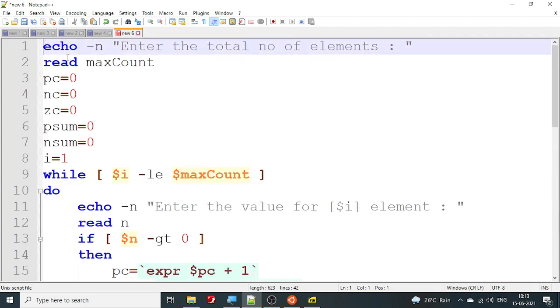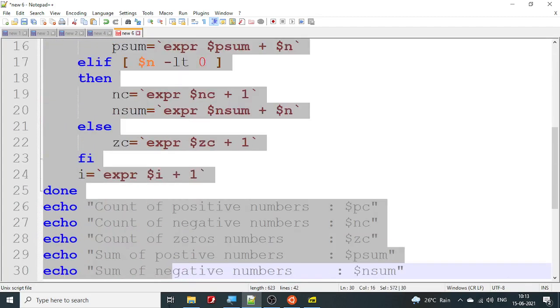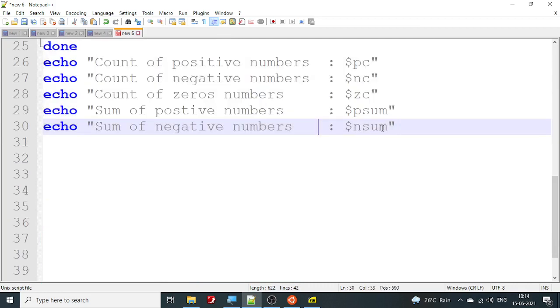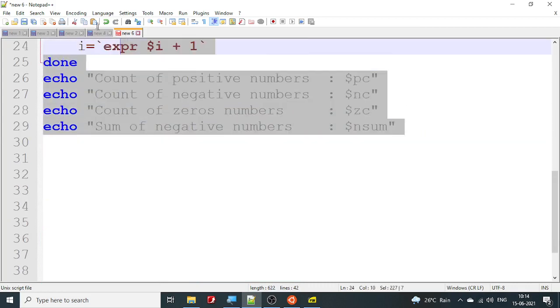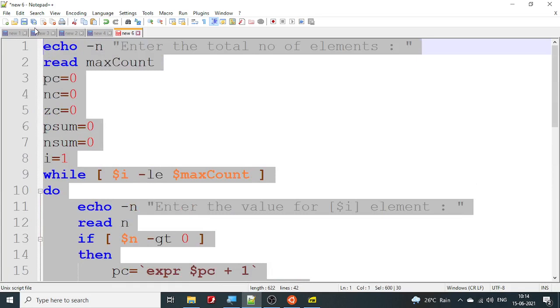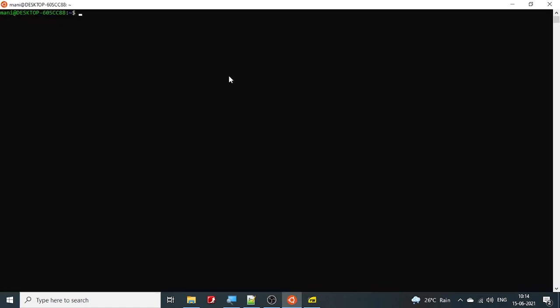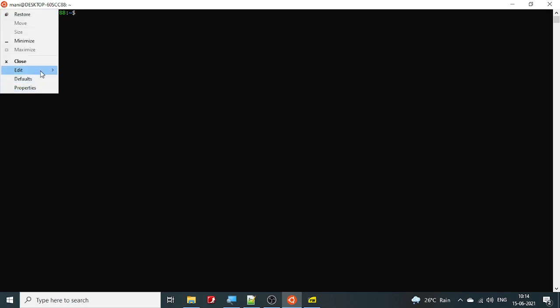I'm going to copy this whole thing, control C to copy this one, and I think I can make a slight adjustment so that it looks neat. Okay, control C to copy it. Let me go to the Ubuntu part here, and I don't know that it just went back to the normal. Anyhow, I had actually adjusted. Just give me a second.